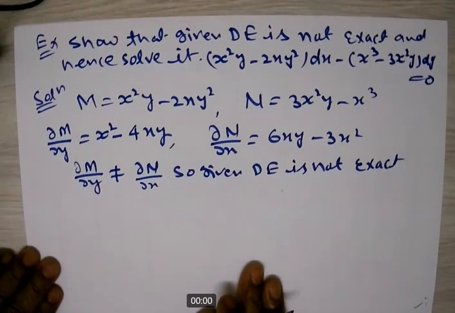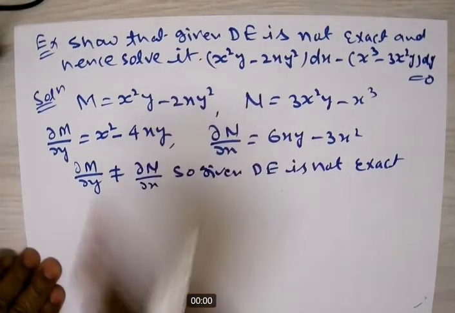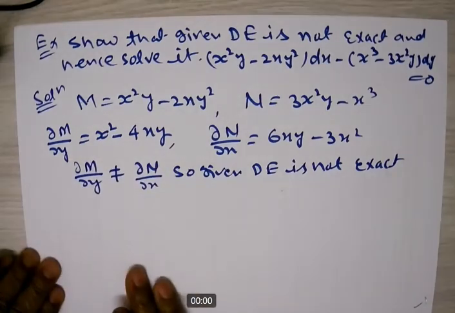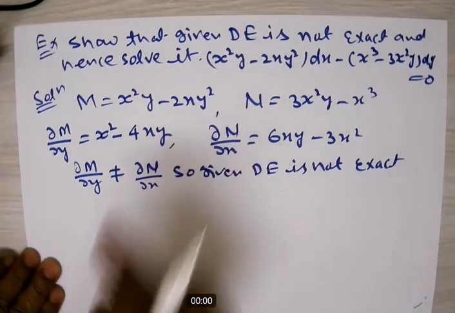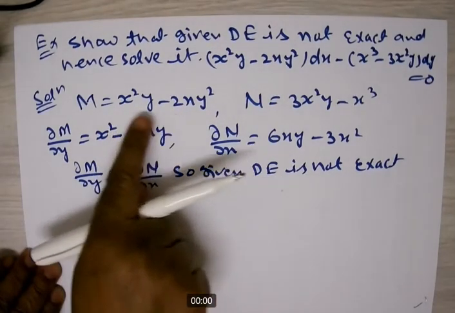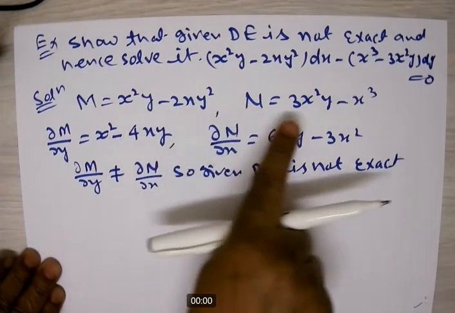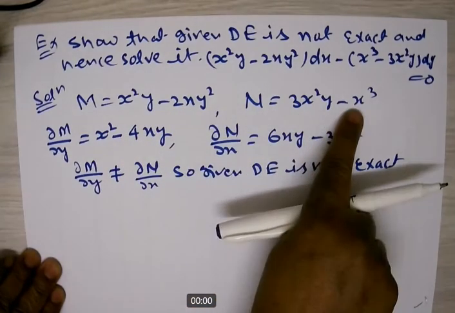Now, because this one is not the solution, how can I solve it? Solve means, after getting that result, how can you reduce this differential equation to exact form? For reducing to exact form, first of all check whether M is a homogeneous function or not. See that one, degree 3 here, degree 3 here, degree 3 here also, degree 3 here also.